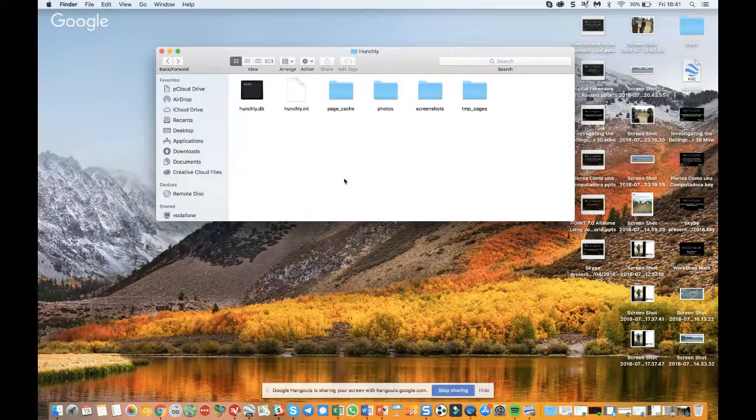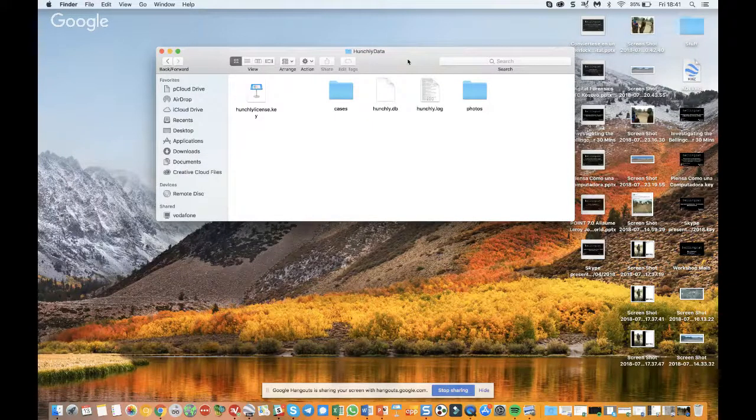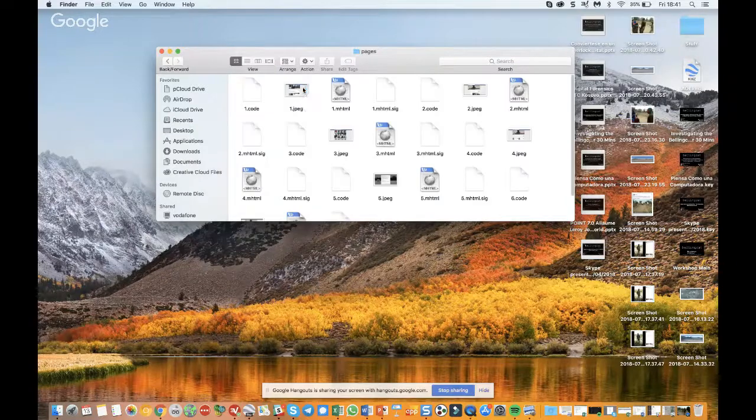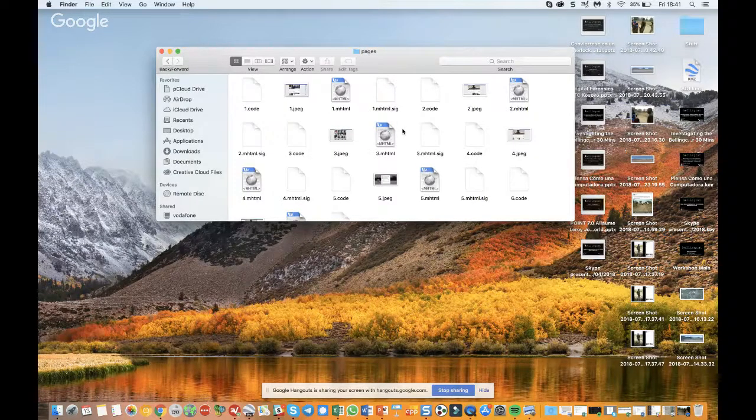Wait one second. Cases, sorry, no. I was on the wrong file. So if I go to Hunchly data, cases, pages, you see it stores some pages I was interested in locally. So it's going to be saved on your computer.